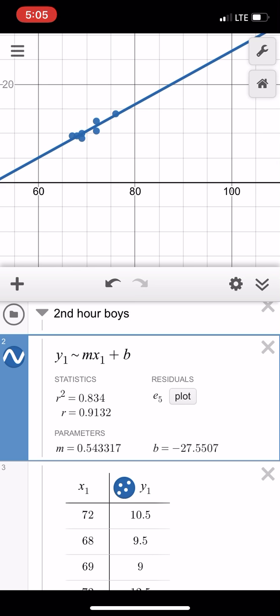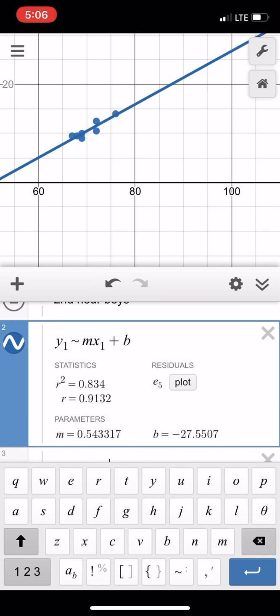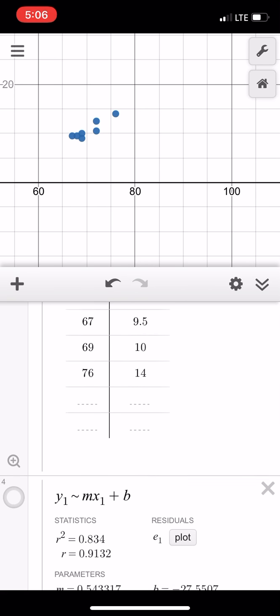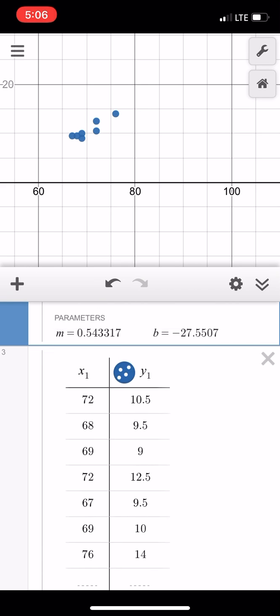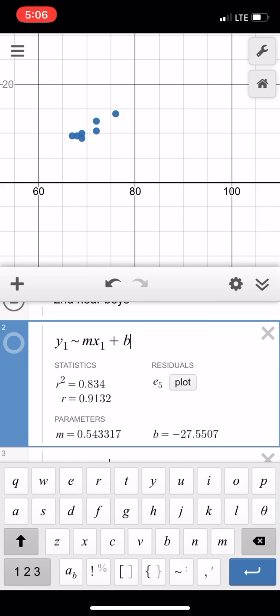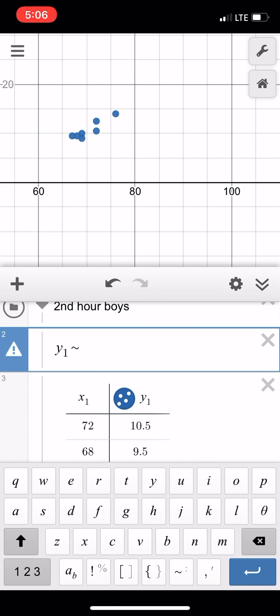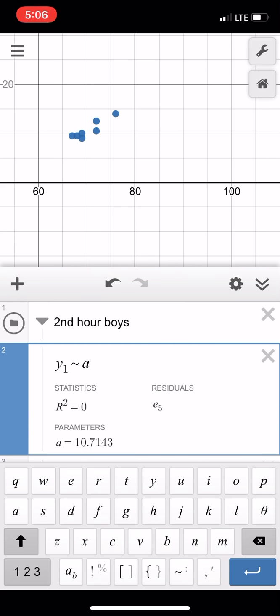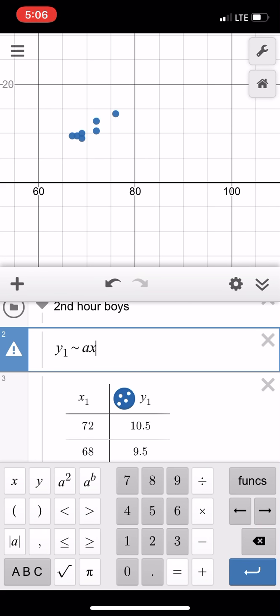If instead of using a line of best fit, you thought that maybe this needed a quadratic of best fit, I'll turn that off a second. And we can do the same sort of thing. In fact, let me just get rid of this. And let's say I want to fit it to an ax squared plus bx plus c sort of graph. So I'll type ax, and I'm going to do the x2